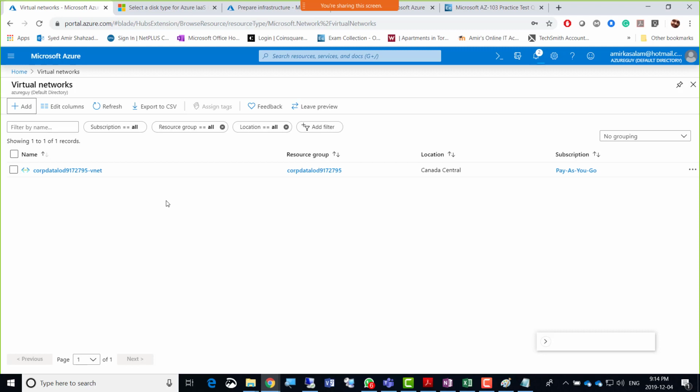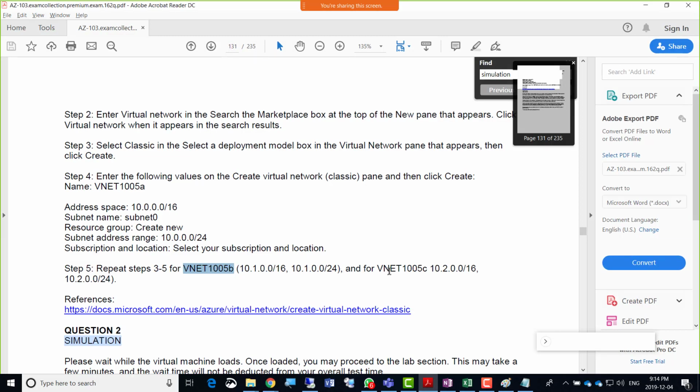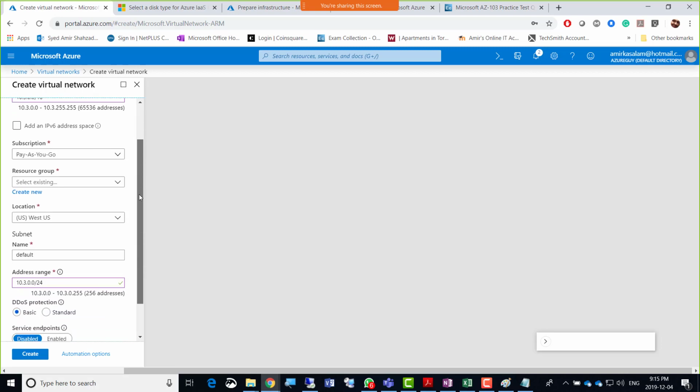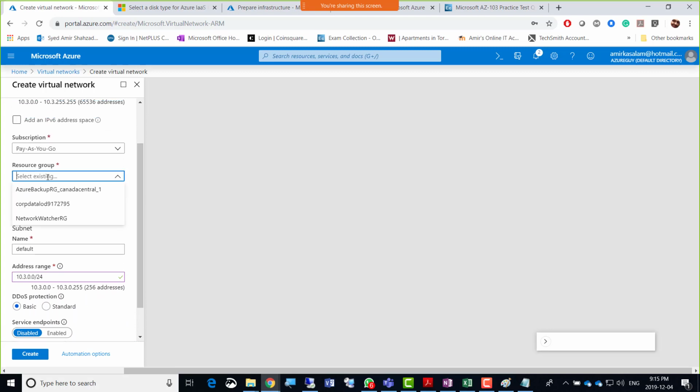Okay, guys. Then I'm going to go for the third one here, and go back to this, VNet 1005C. I'll go there and check that. It is already 10.3.0.0. Wow, that was bright. It already detects that it's supposed to be 10.3.0.0. I don't have to put 3 there. It just detected that. Smart.